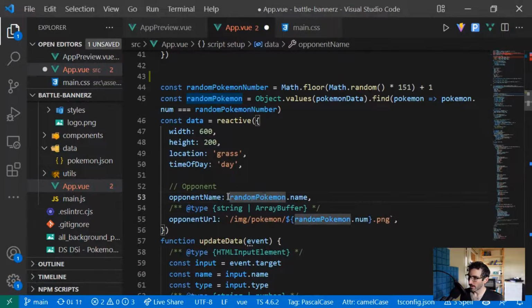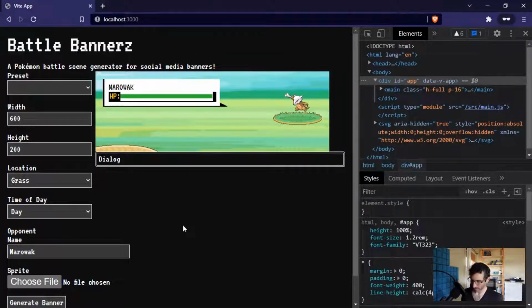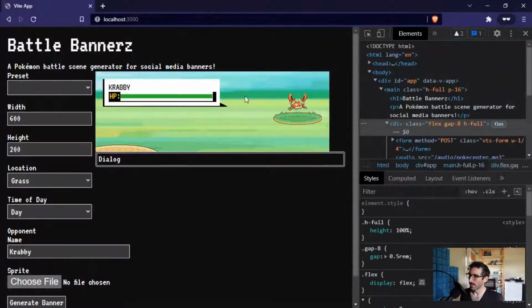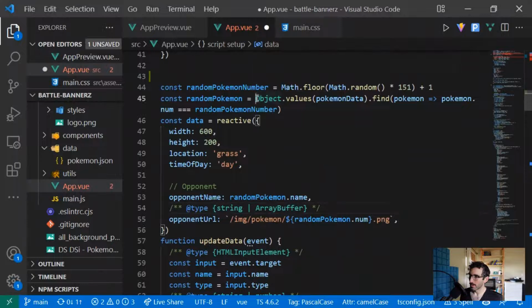And then here we're generating the random Pokemon name and random Pokemon image, right? So that's how, whenever I reload, I get the random Pokemon name and the random Pokemon image. So in addition to that, I need to create a list of